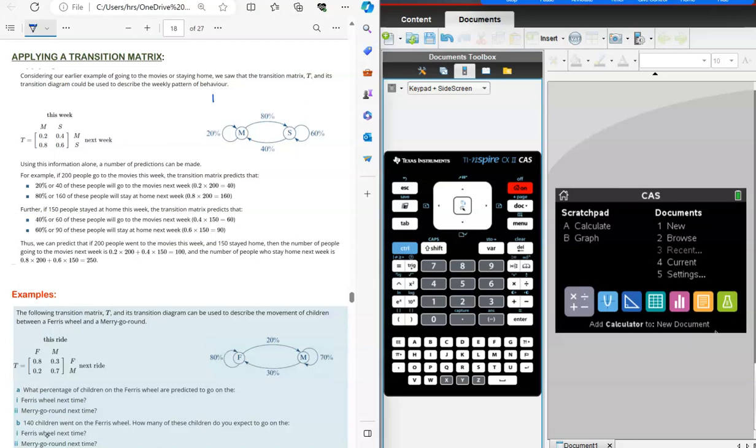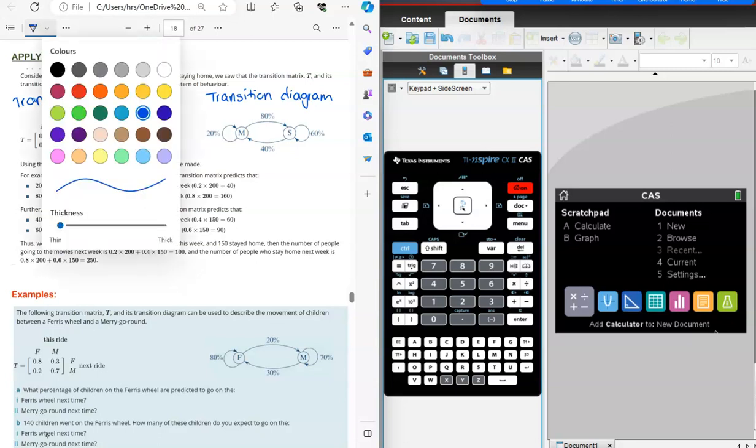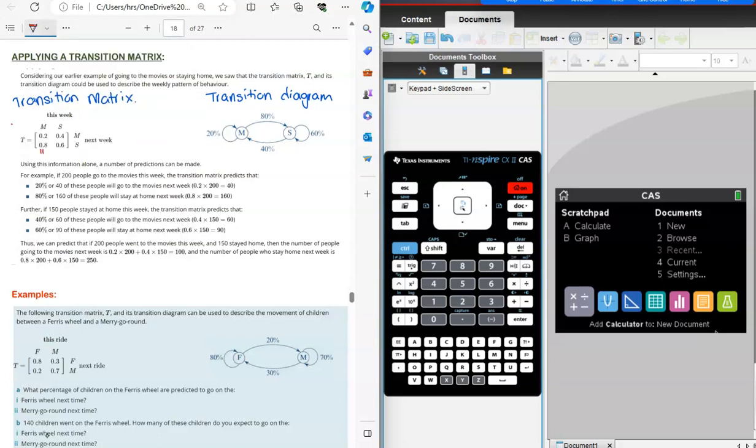So here is the transition diagram. Sometimes they ask you to draw that from the transition matrix. I've seen that done in tests and exams, so be wary of that. We looked at that yesterday, and remember the things that we knew about our transition matrix. Remember the columns add up to 1, and percentages get changed to decimals, okay? All right, so using this